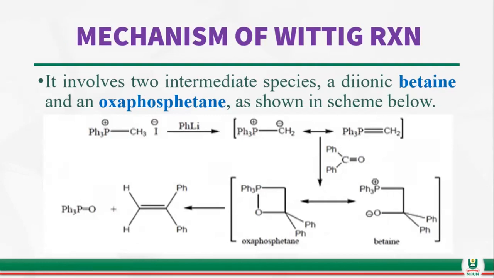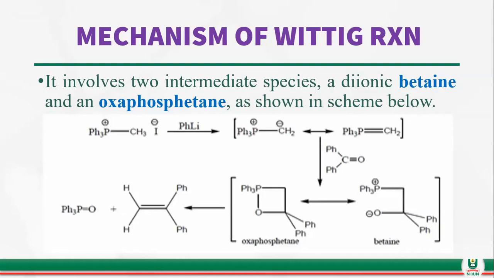The first thing is that when the ylide reacts with your ketone or aldehyde, it first of all forms a dipolar compound called betaine. Remember that word, betaine. Afterward, that betaine, because the positive and negative charges are now on 2 different atoms that could close up on each other,